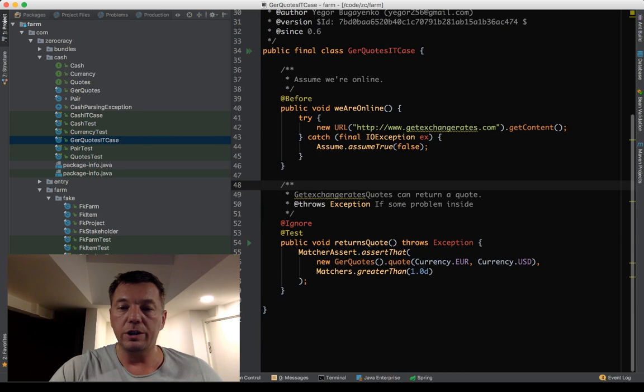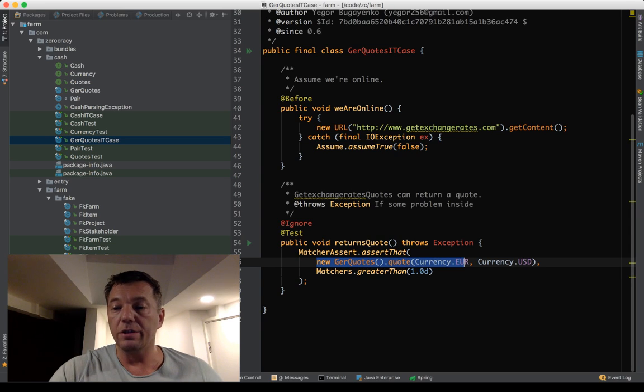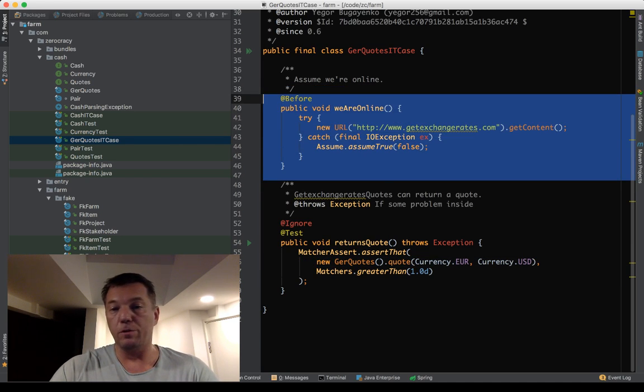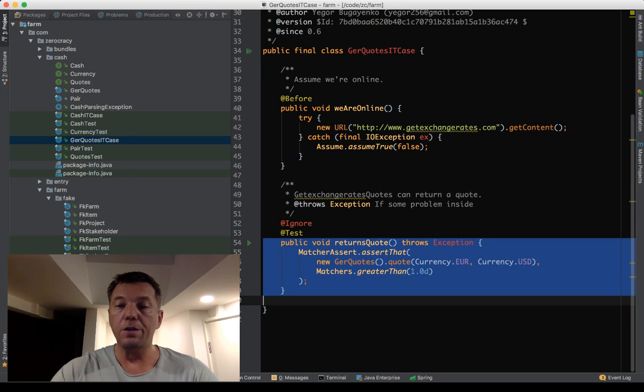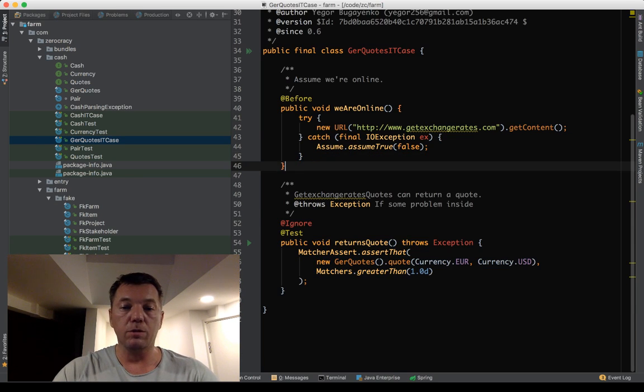It actually makes a real connection to the production server. This method is here because the integration test cannot work if the network is down, for example. If I'm offline, running it on my laptop and disconnected from the internet, then the test will definitely fail.